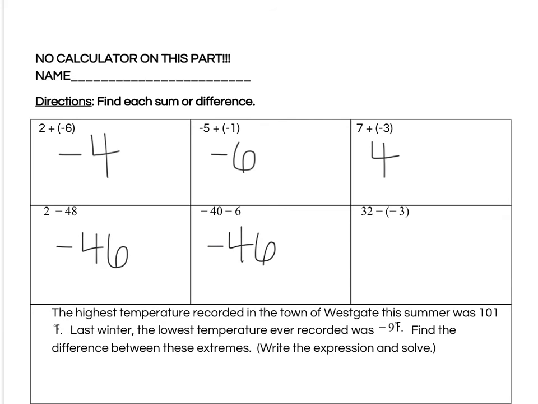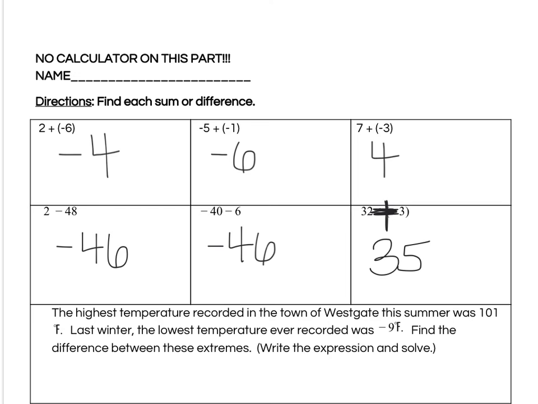Finally, the last one in this section, you have 32 minus -3. Something should be screaming out at you right now. It's right in here. You have 2 negatives almost touching. They become a positive, so it's like a little kid question. 32 plus 3, which is